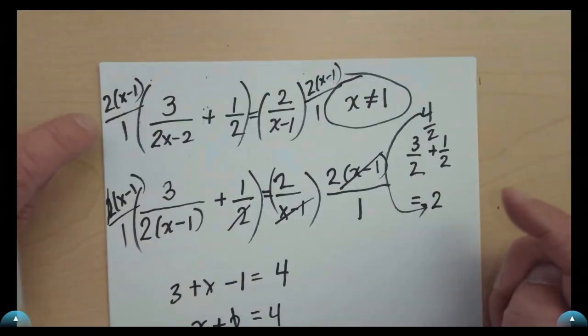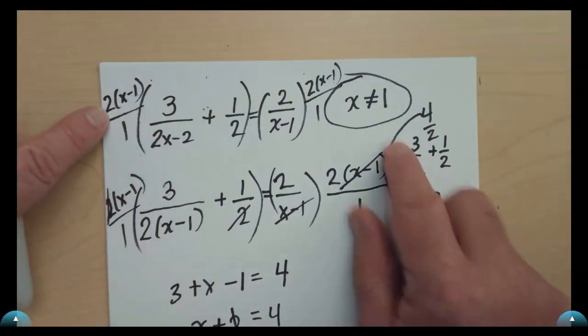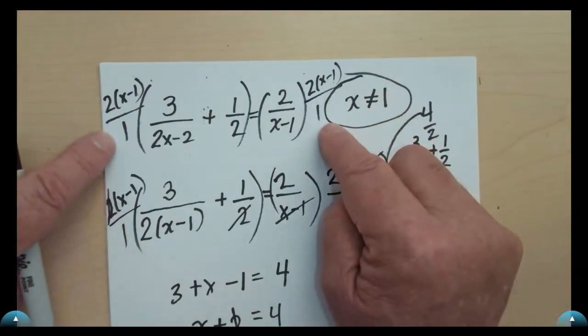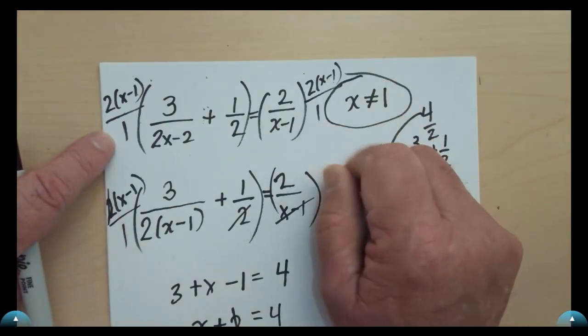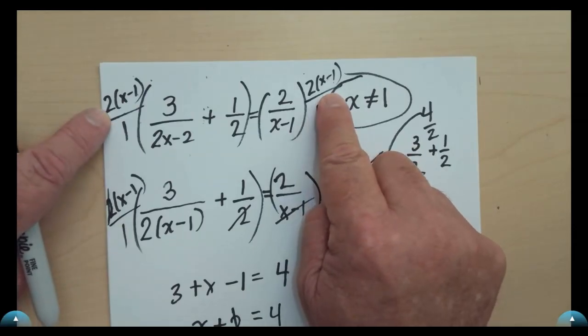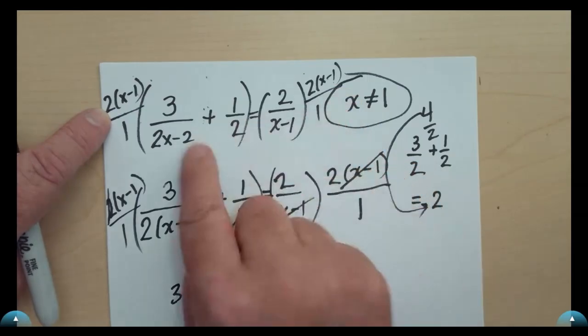Well, here's the problem with that. Because we don't know until we solve the equation what number X actually is, we didn't know that what we were really doing here when we multiplied both sides times the LCD is